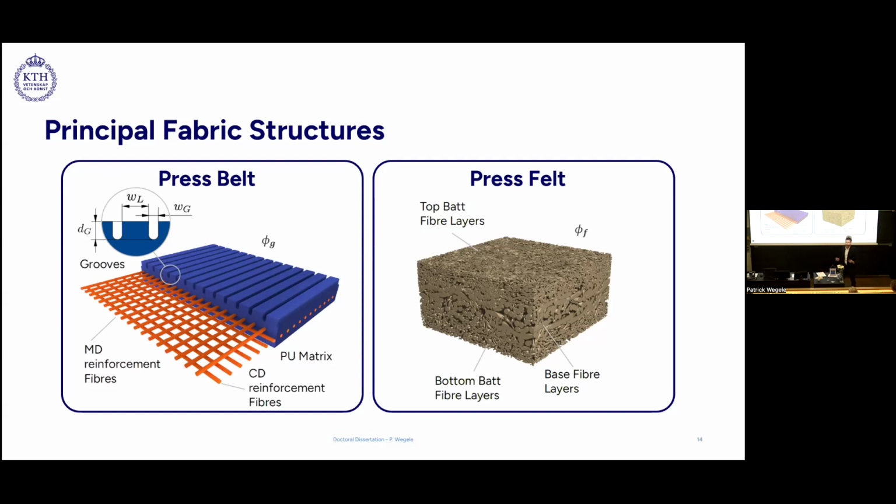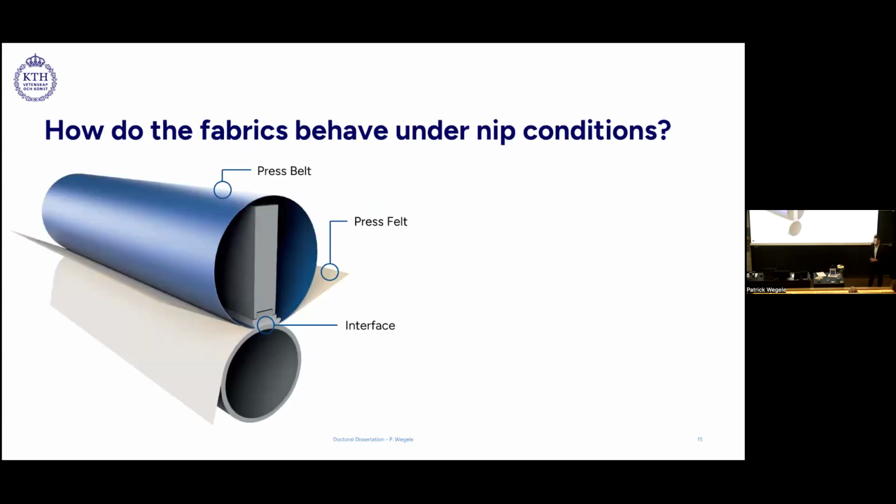And now I want to show you how we organized this study. As mentioned, the press nip is a highly dynamic event, and the voids of the press belt need to fit the water load in the press nip. Therefore, we started with investigating the press belt deformation behavior, the results of which were documented in paper 1. Afterwards, we continued with calculating the loss of the void volume, documented in paper 2. But besides studies of the press belt, we also focused on the interface between press belt and press felt,